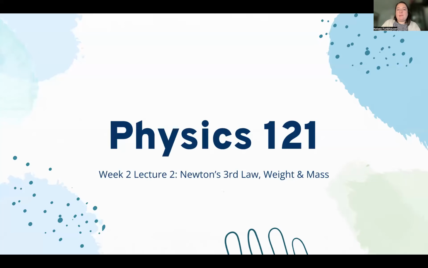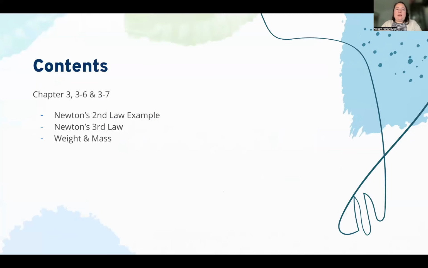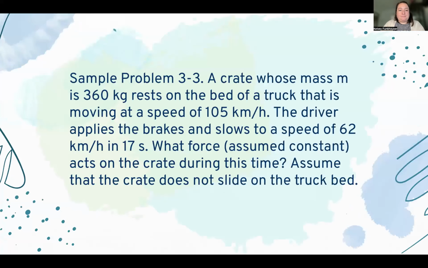We're going to be talking about Newton's third law, weight, and mass. This is from chapter 3, 3-6, and 3-7. First, we will do an example of Newton's second law. Then we will jump into Newton's third law, and finally, weight and mass. So this example of Newton's second law, the question reads, a crate whose mass is 360 kilograms rests on